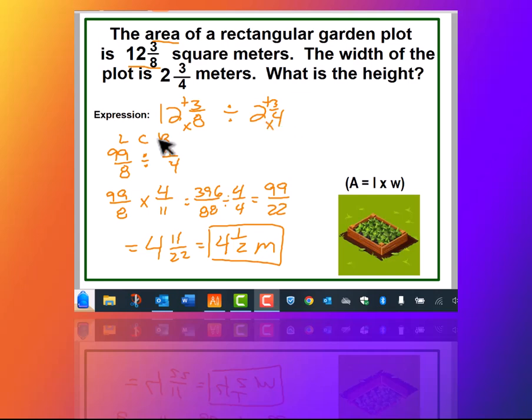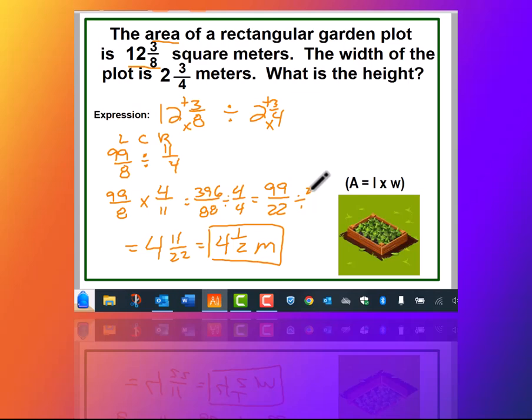Changing our mixed numbers to improper fractions, you get 99/8 divided by 11/4. Then we can go ahead and do our LCR, leave the first fraction, change the division to a multiplication symbol, and write the reciprocal of 11/4, flip it upside down, you get 4/11. Doing the math, multiplying the numerators and then multiplying the denominators, you get 99/22